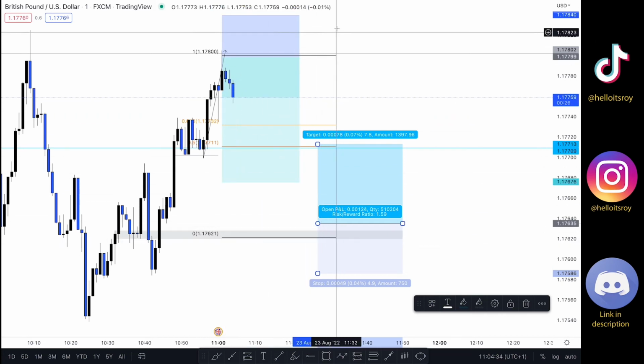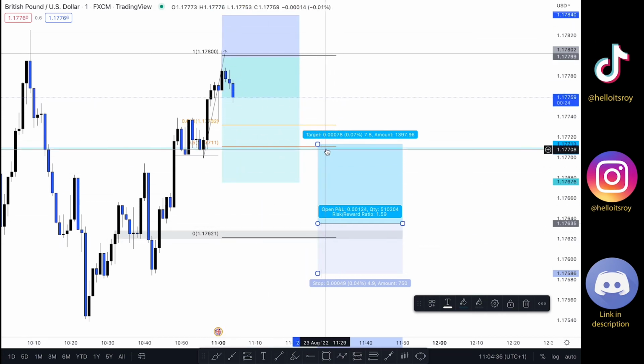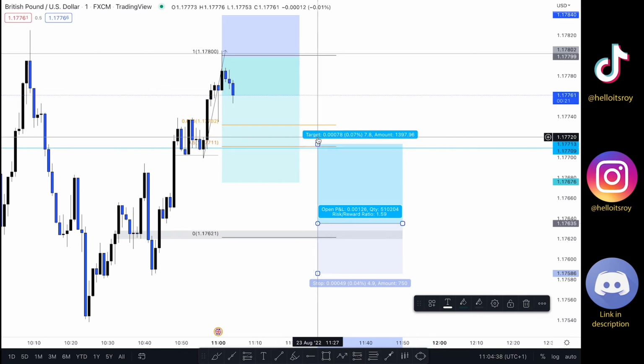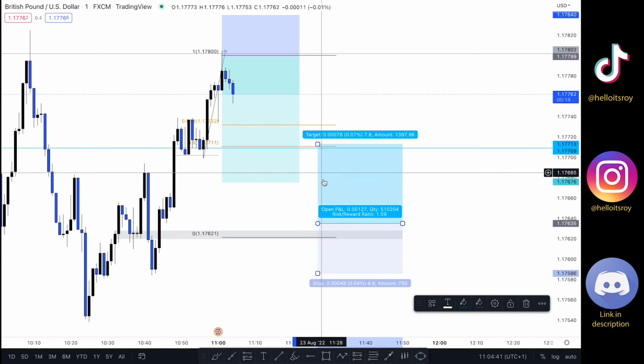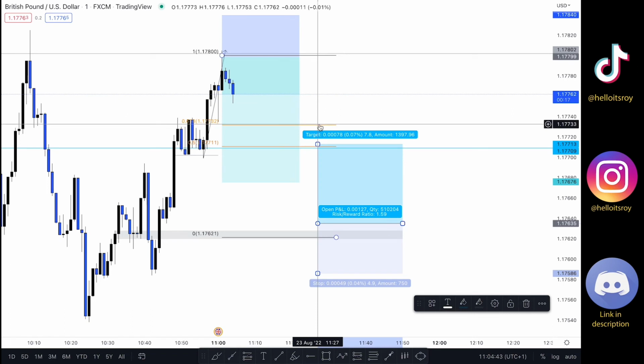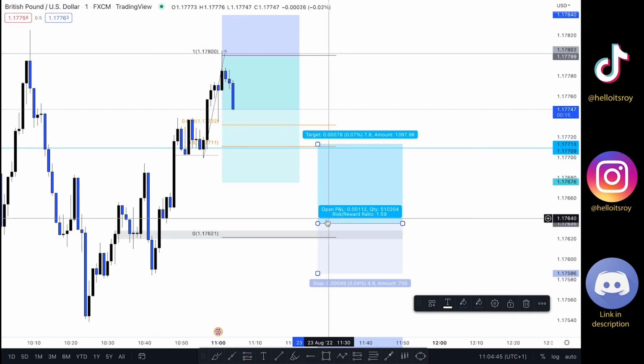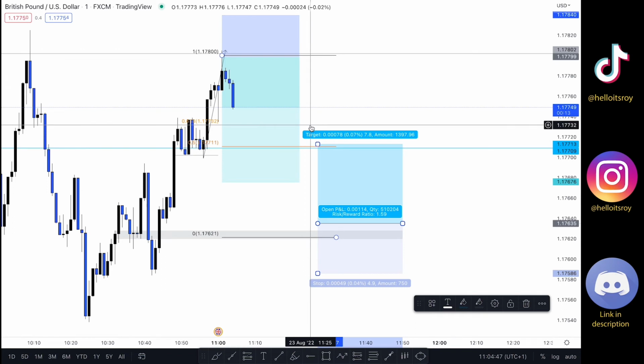I'll see the price action through to the downside to determine what liquidity is going to be grabbed to the upside, to then decide if I extend my TP or decrease it or something like that. We'll see how that goes, guys. However, my next entry is going to be this area right here, and we'll see how that goes.